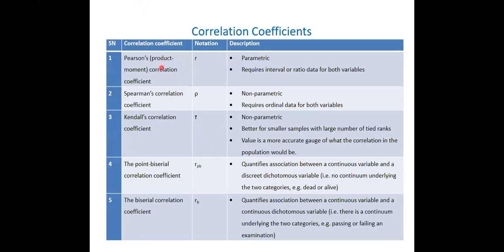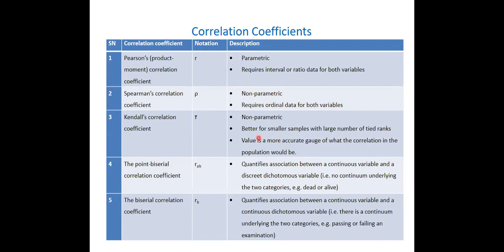Pearson is more applicable when you are dealing with two continuous variables, so those variables can easily follow a normal distribution. It's not ordinal. But in a situation where you cannot meet all the requirements, maybe one is continuous and one is ordinal, you cannot use Pearson correlation. Spearman correlation will come in. It's non-parametric. That is the situation where you cannot say the data of the two variables you are dealing with is parametric. So you use non-parametric, which is Spearman. It requires ordinal data for both variables.